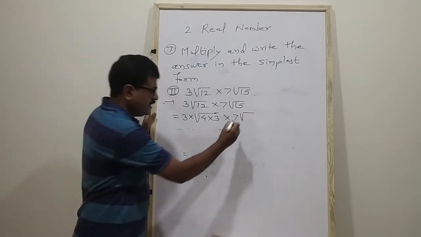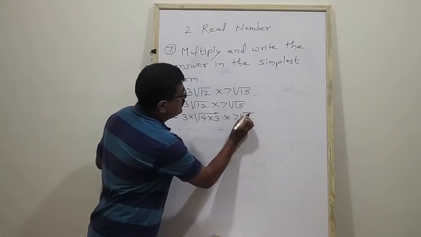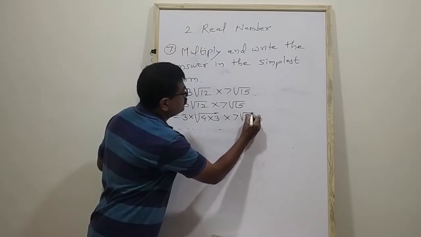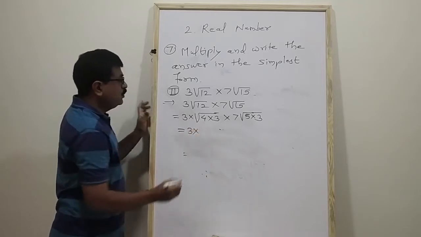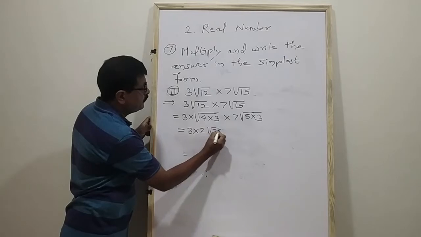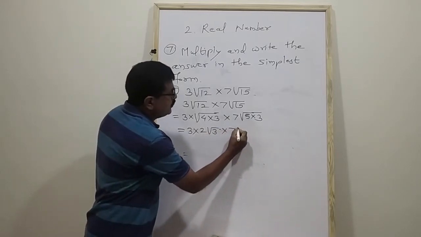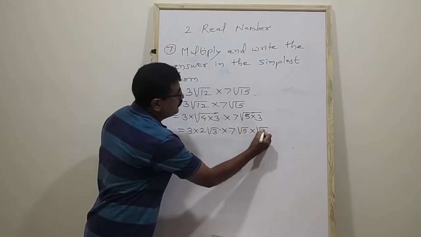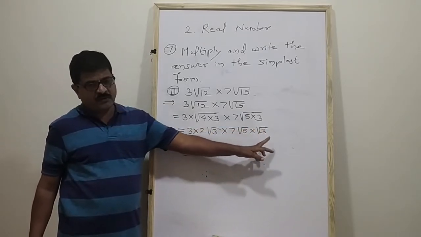Now 15 is written as 5 into 3, is equal to 3 into square root of 4 is 2 square root 3, into 7 into square root 5 into square root 3. Square root 5 into square root 3 is written as square root 5 into 3